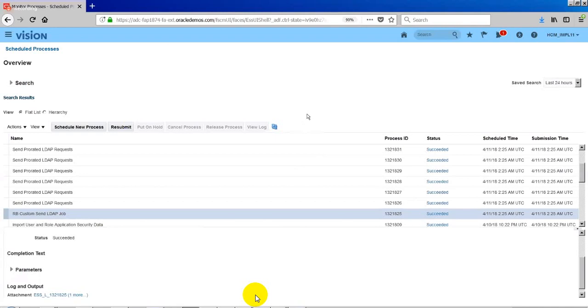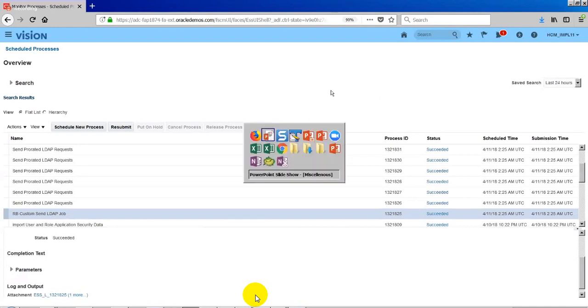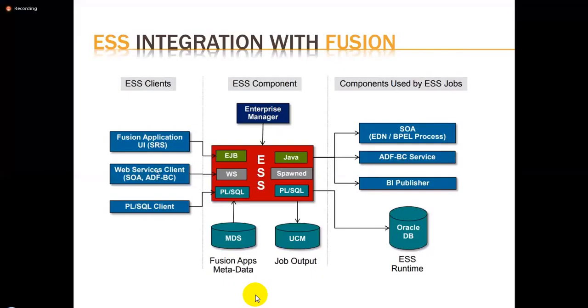It has around 15-20 predefined steps. If you follow the steps using the ADF framework in JDeveloper, you will be able to create that page and embed it anywhere in the Fusion applications. It is possible as well. So apart from these 3, we have one more using the custom user interface.